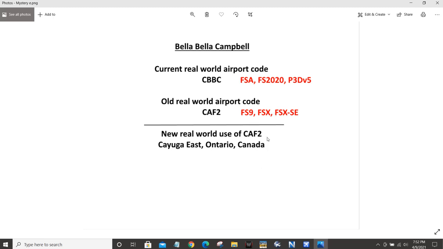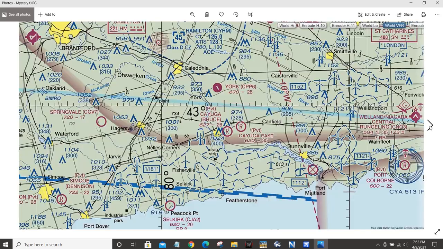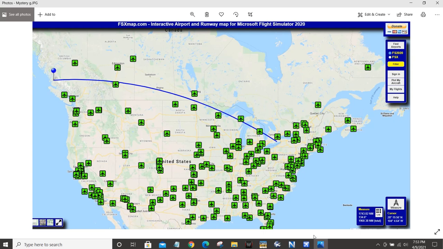That's because in the real world, as well as in Microsoft Flight Simulator 2020, CAF2 is now Cayuga East, Ontario. If I pronounced that wrong, I apologize, Canada. And it is right here, a little tiny airport north of Lake Erie and just south of Toronto. So if you put that in to fly to Rivers Inlet, you're looking at